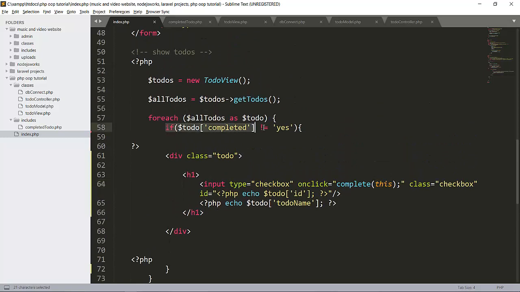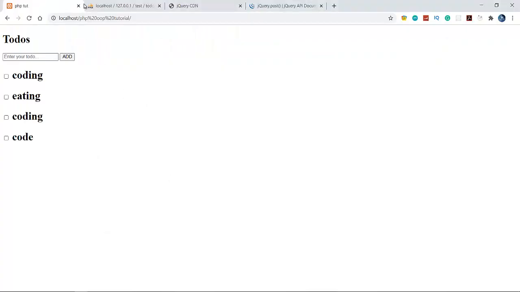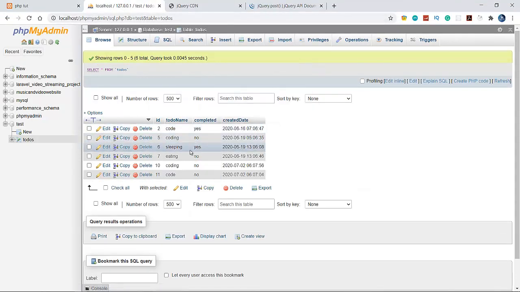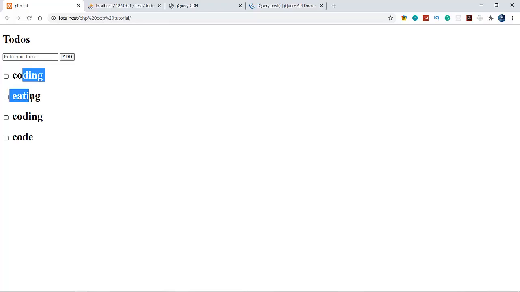So if $todo completed is yes, then it will print this, otherwise it will not print this. So that's why I'm reloading this, see that completed yes and yes, sleeping and code having yes. See that here there is no sleeping and code.